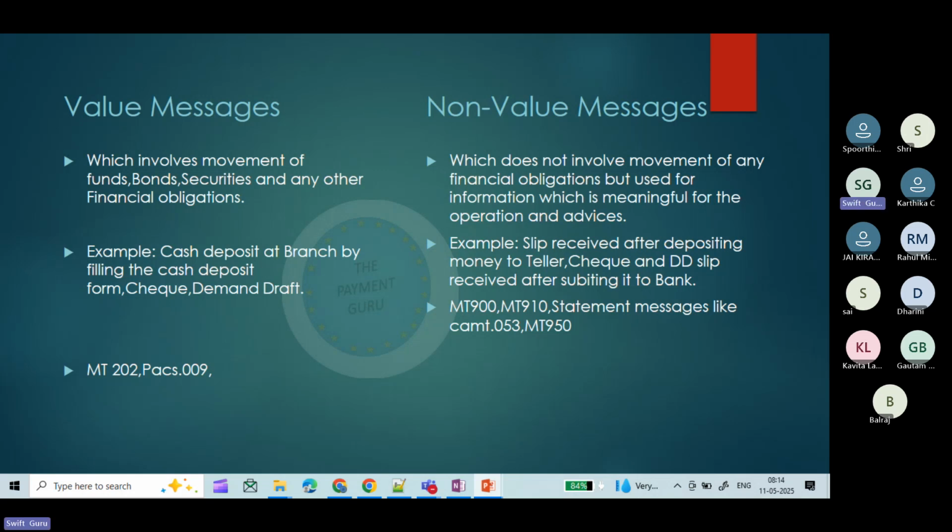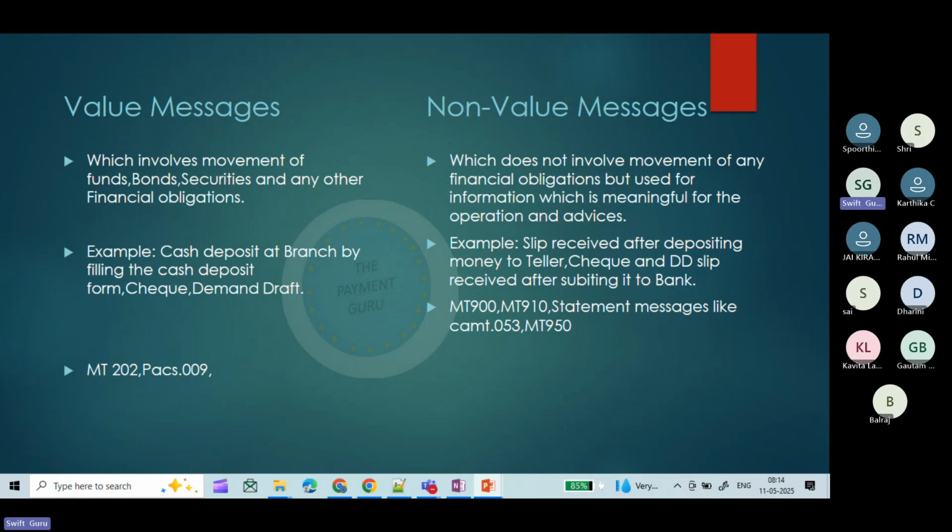For non-value messages, examples are the slip or receipt, the receipt received after depositing the money with the teller. There is a stamped receipt which you get after you deposit it. That is a non-value message, but yet meaningful for you. The check and DD slip received after submitting it to the bank are also examples of non-value messages in terms of